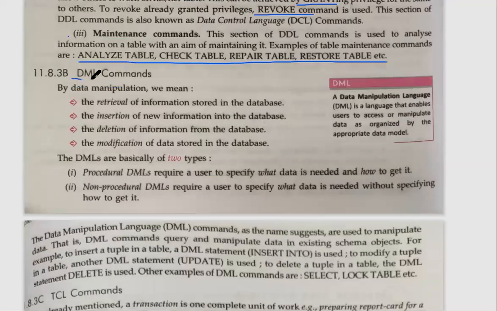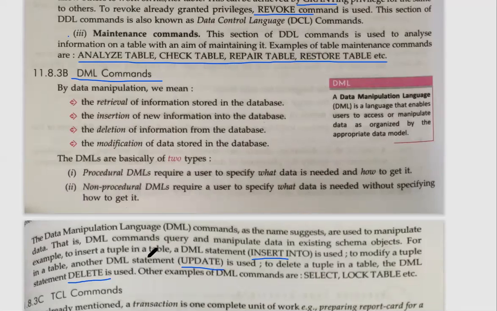Now in DML commands, as I said, data manipulation. Whatever changes you are making to the data inside your table come under your DML commands. Okay, the commands are, first the insert command, second the update command, third the delete command. You can underline along with me, so that when you are asked for differences, you have to write the name of the command.